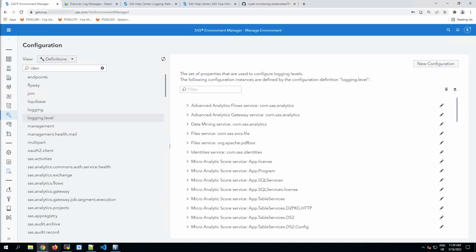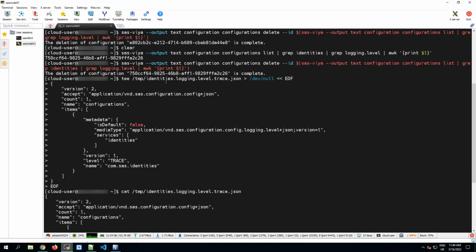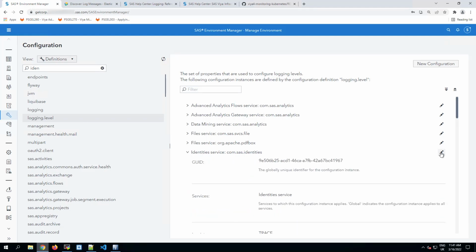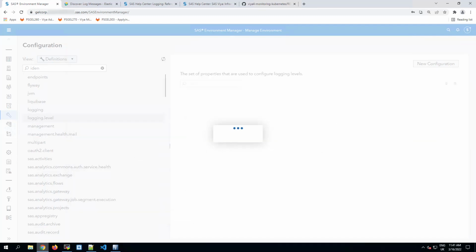So that's it. We've seen how you can change the logging level of a SASVIRE microservice and how that affects the log messages that we can see in Kibana, the log monitoring tool that's part of the SASVIRE Monitoring for Kubernetes project. We also saw how to set and delete the logging.level configuration instances from a service from the SASVIRE command line. And that's useful because deleting the configuration instance is one of two possible ways to restore the service's default logging level. And again, you don't have to delete the configuration instance to restore the default log configuration. You can just edit it and set it back to the default level, which is info. So that would also work and produce the same effect.